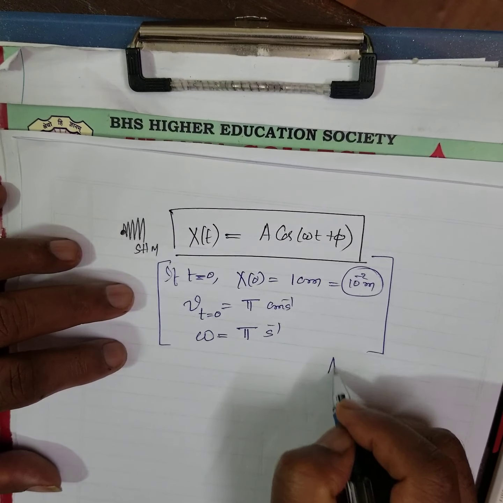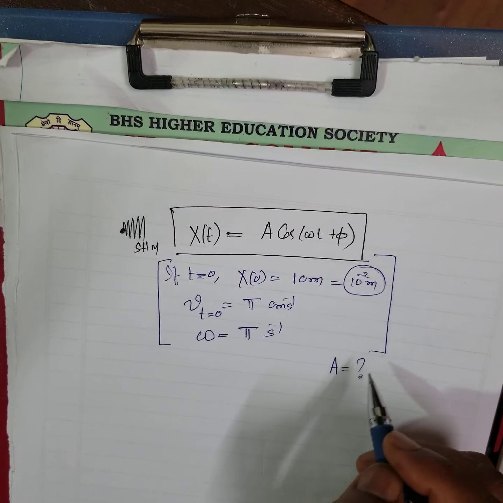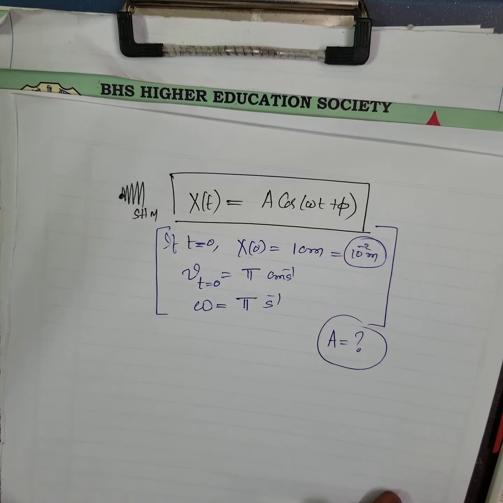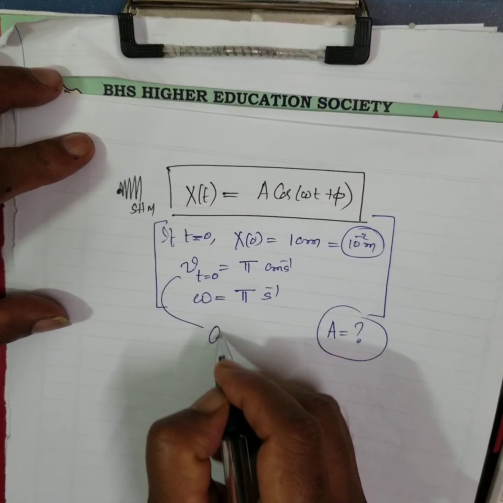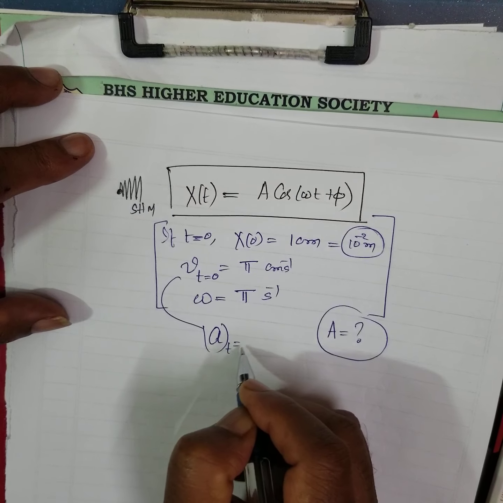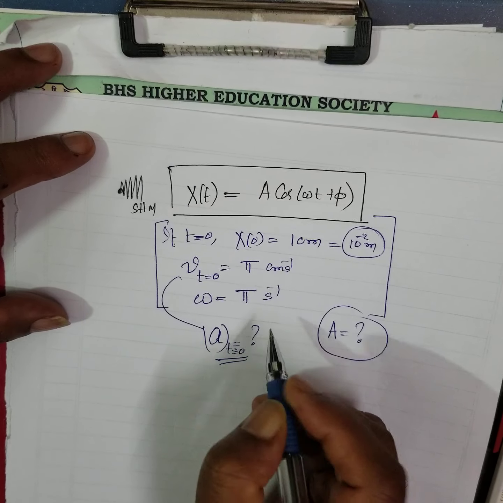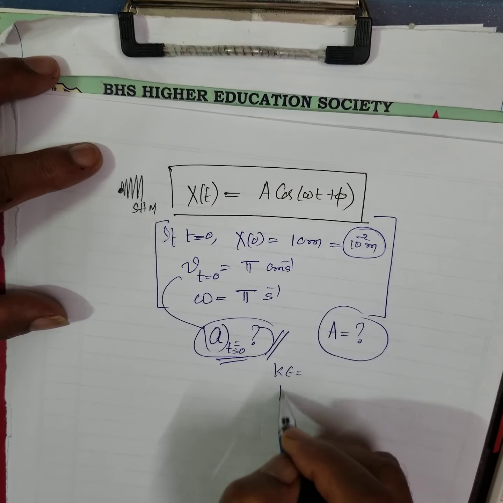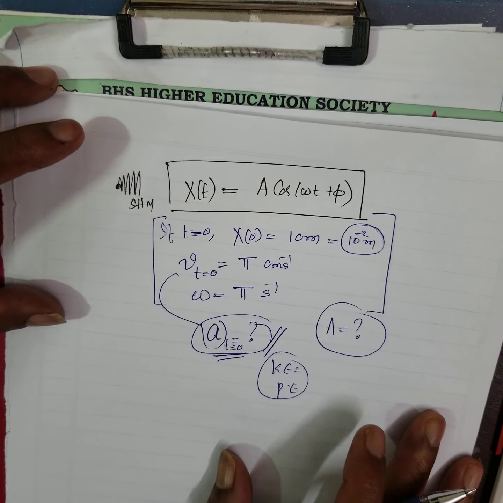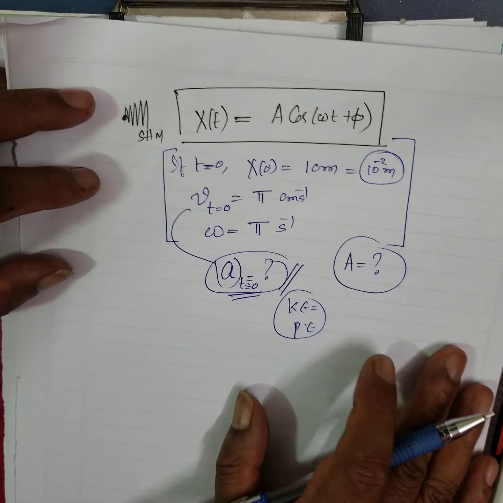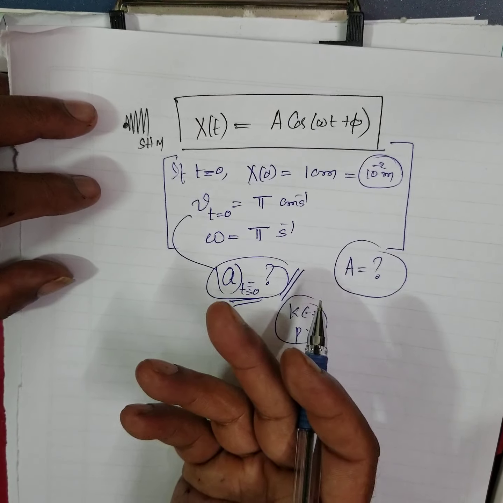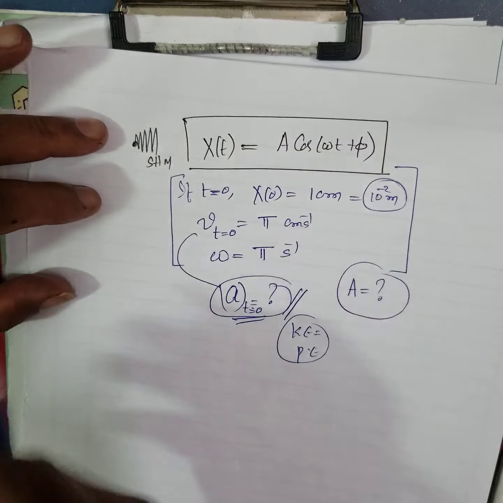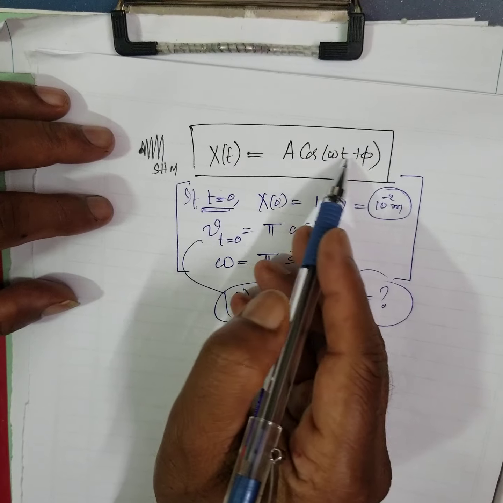Now evaluate the amplitude. What is the amplitude? If I ask you to evaluate the amplitude, how to do this again? And you may, if you want, include what is the acceleration at t is equal to 0. You can find out acceleration. What is the kinetic energy? What is the potential energy? So many quantities we can find out because we have done all the derivation. See, that type of proficiency you must develop on your own. You don't see the problem here and there. You formulate your problem. See, this is the thing I can do it now.